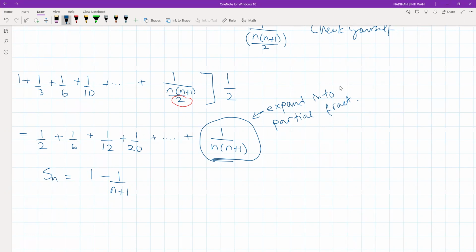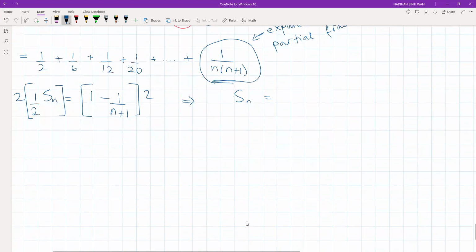But remember, I forgot earlier, this is not Sn, this is Sn over 2. So this part equals that. What does that mean? If I multiply both sides by 2, I will get Sn equals